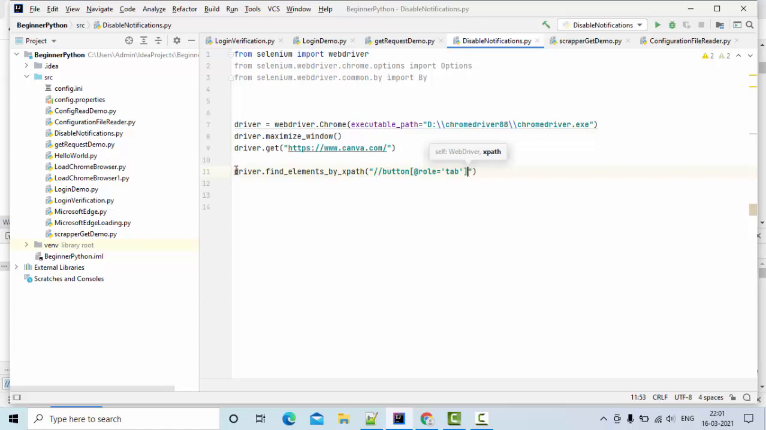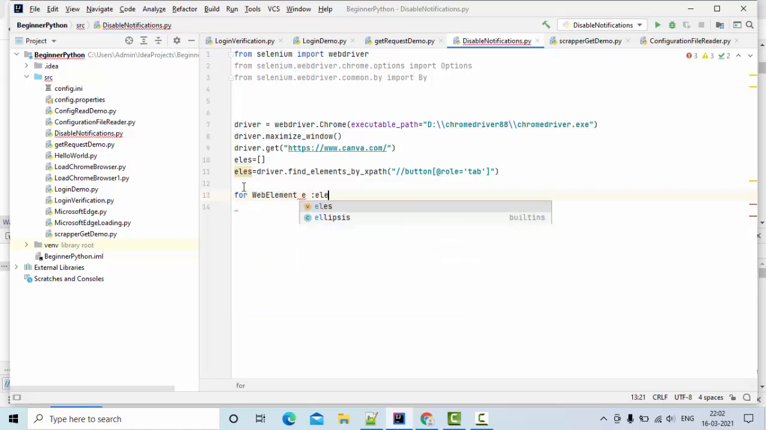Okay, so here always remember find elements will return me a list of web elements. So what I do is something like this. I am taking one empty list here, les. So this will have the list of web elements. Okay, then something like for web element e in les,